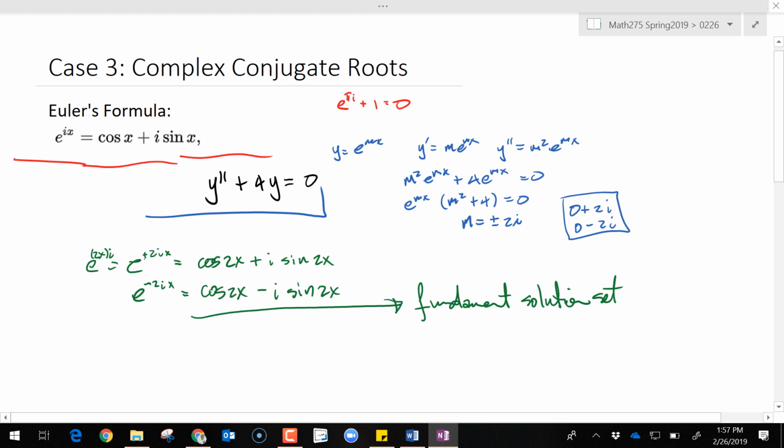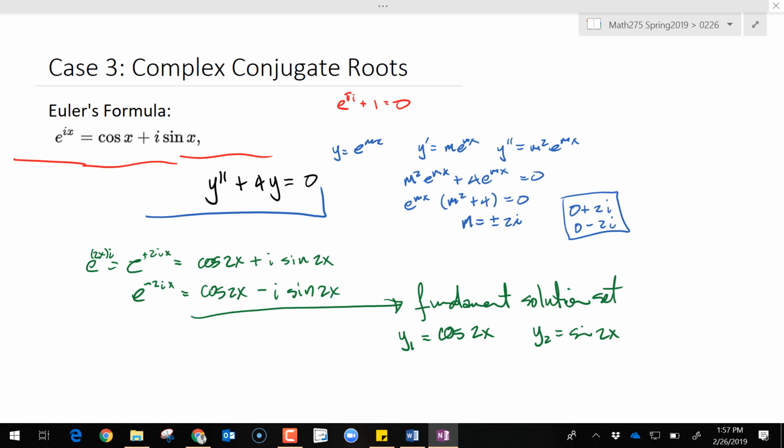Remember, our main goal here is to find a fundamental solution set. And if we take the cosine of 2x as one solution and the sine of 2x as the other solution, I think that's enough to cover our bases. Now, first of all, we should check that if we take derivatives of this, it would satisfy our differential equation,